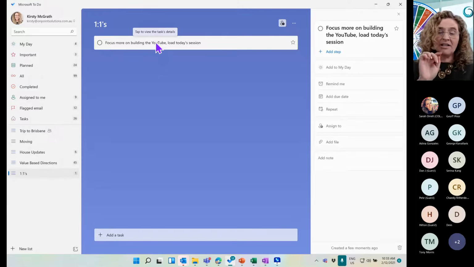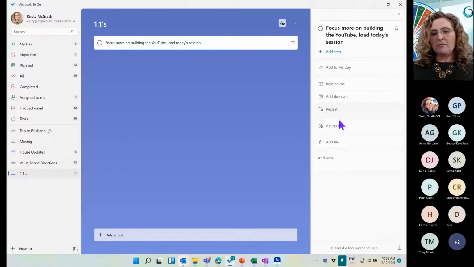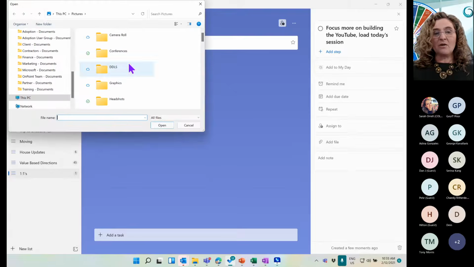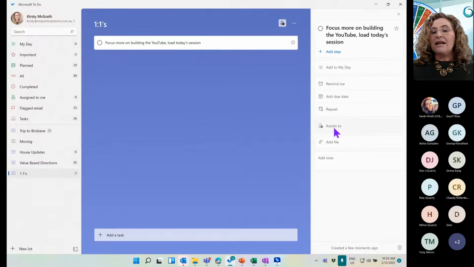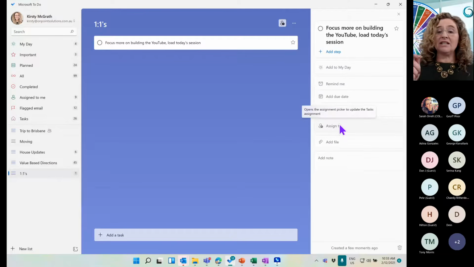Now this in itself is just a simple line, but I can take it a step further. Any one of the tasks that I click on allows me to come in and add further information. It could be files, maybe it's your KPI and your plans of things that you need to be going through. You could put all sorts of attachments, or you need to discuss a proposal, so you might add information in here, or maybe you've just put it as a link down in notes. When I add a file, for example, it asks which file you want. Is it assigned to yourself? You could assign it to someone else. You could do a senior leader list, and in this list, because it's shared, you could assign it to them.